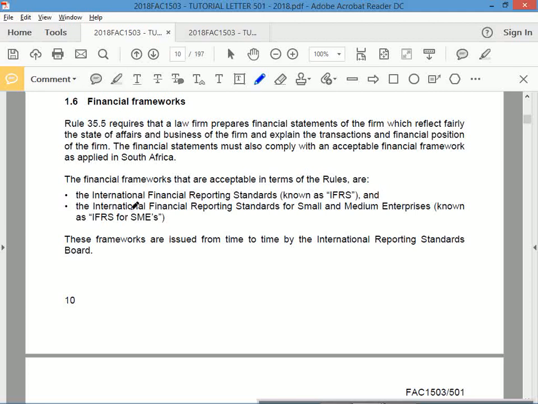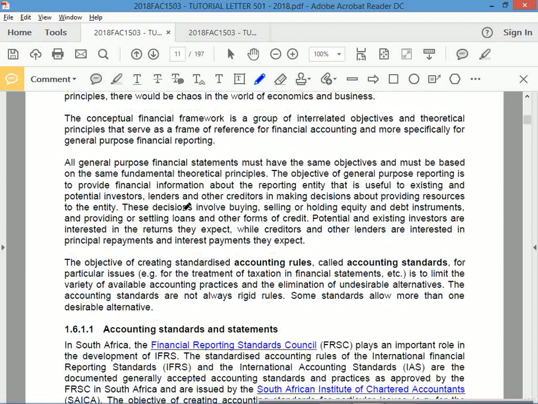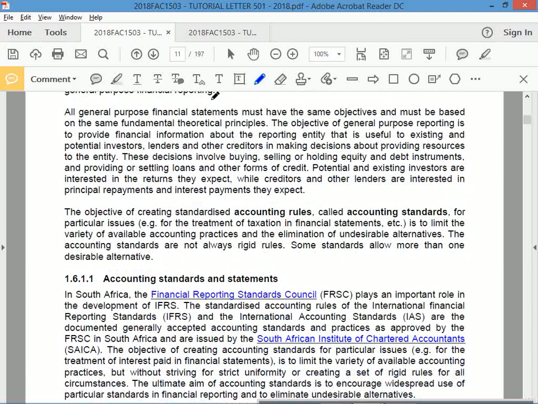Then you've got the framework. Here they talk about IFRS and the conceptual framework. That's still background information. This is something we spoke about, which was the rules, and that's what you guys are going to study. NB: assets, liabilities, income, expenses, capital, drawings. Those are the rules. We just need to apply them in different scenarios.